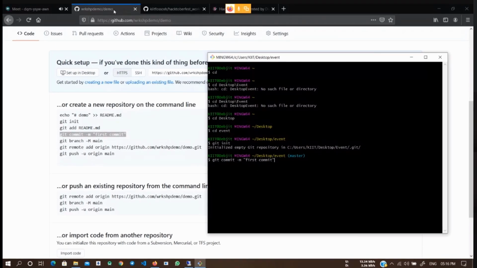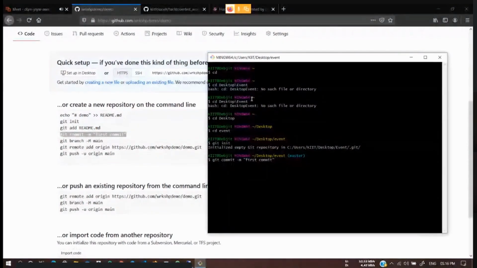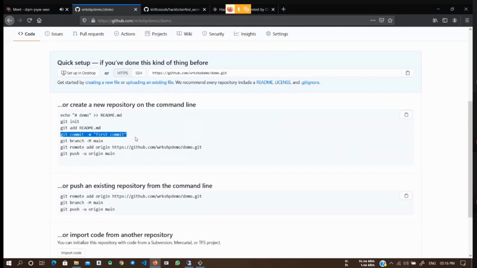It's a markdown file, and there are a bunch of ways to write readme.md. We will link an article on how you can write readme.md in the chat.